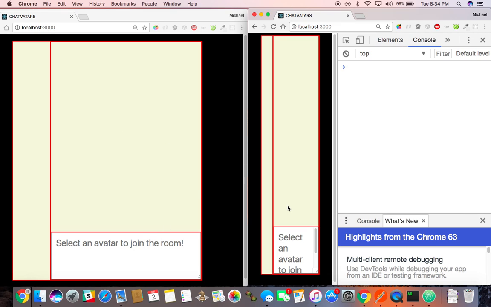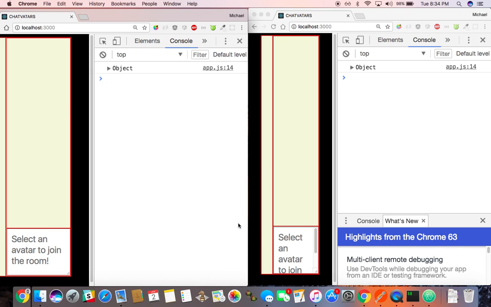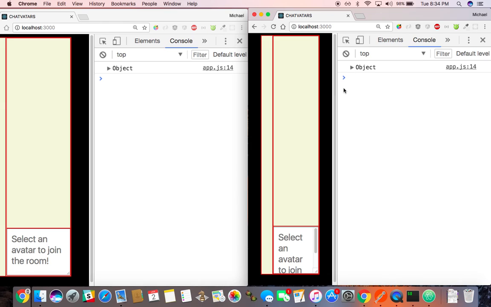Command Option I here, and Command Option I here. Okay, that doesn't prove anything. How about this? Refresh this, and if I refresh it again,